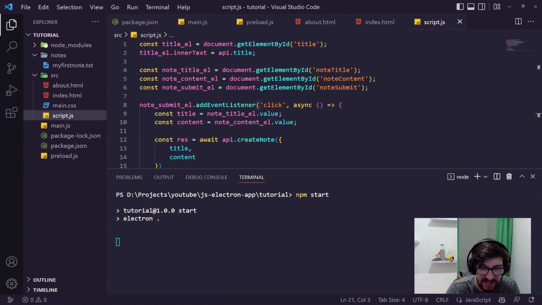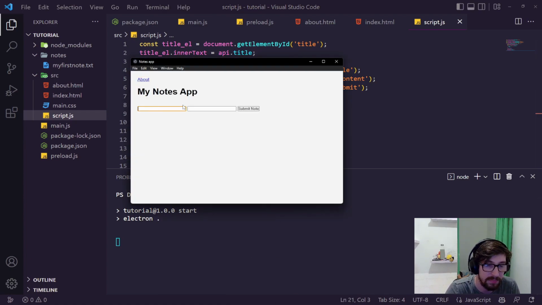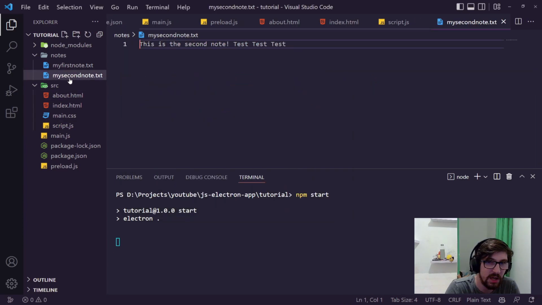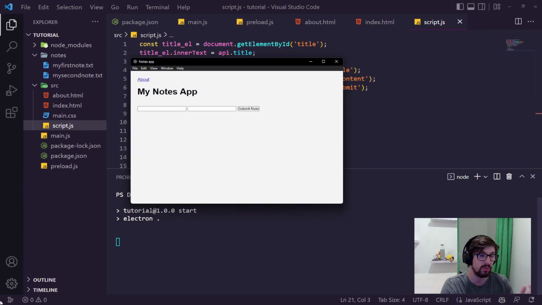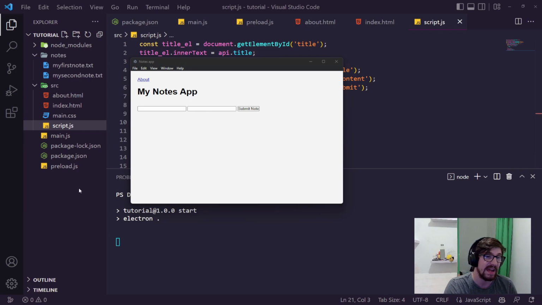And that is all it is to make this such a simple application here. So we can do another one here. We could say my second note and just say this is for second note. Test. Submit the note, and there you go. We get our second note saved here, and that is how simple it is to build a Node or a